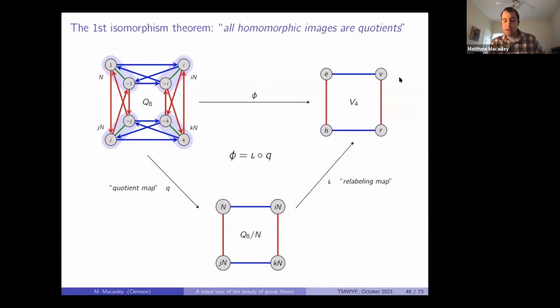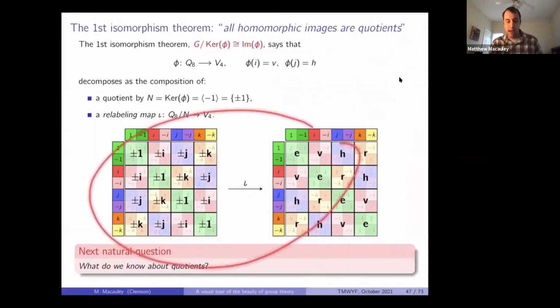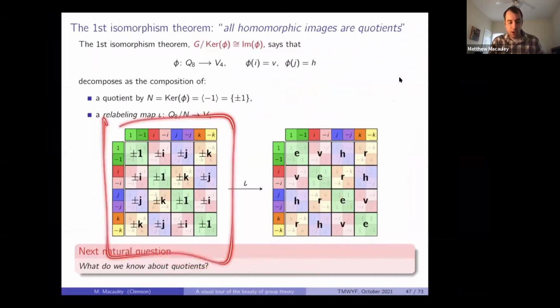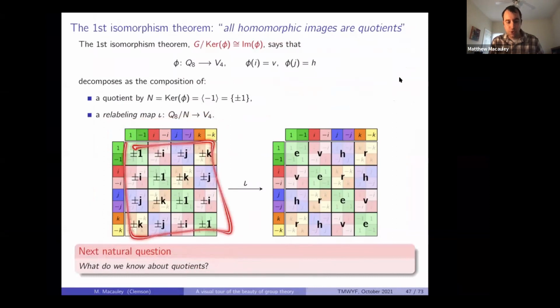So what's the next? Here's a table way to see that. You take the quaternion group. Here are the cosets. You shrink those and you relabel, and now you get the Klein four-group. Now, what's the natural thing to ask? If you know that every